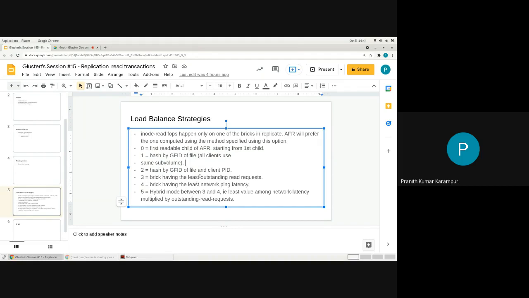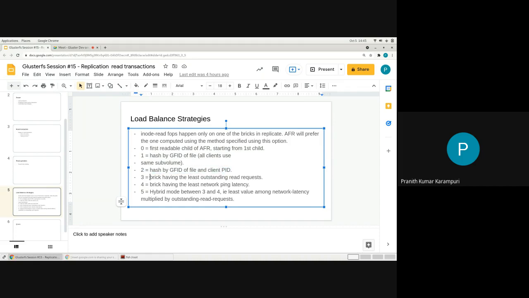To address that, you take both the GFID and the PID of that client, combine them and hash that, so that there is some load balance between everything. Even if there are 1,000 clients, all those 1,000 clients will not go to the same subvolume to read that file and choke it. So it is to handle the case where you have too many clients.